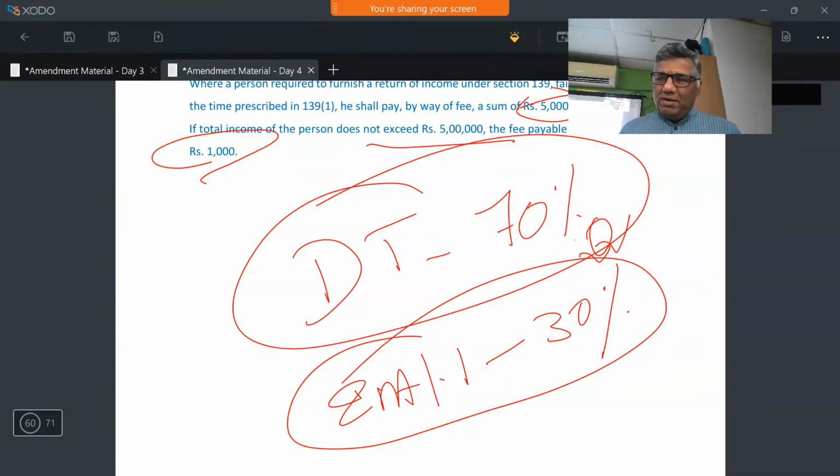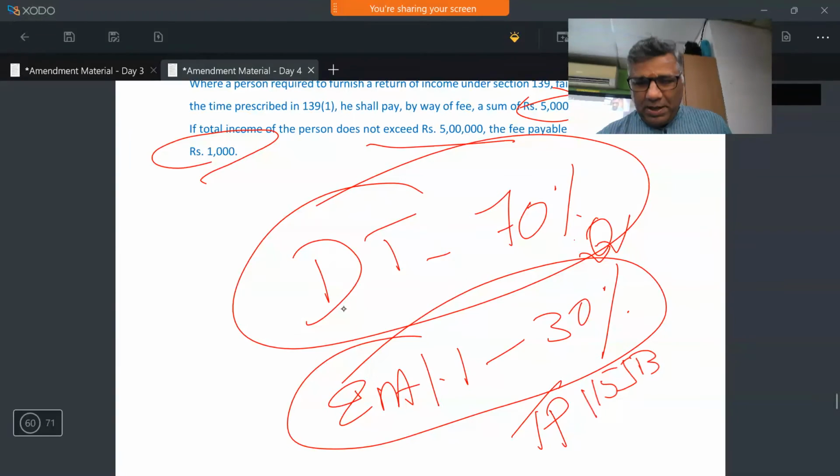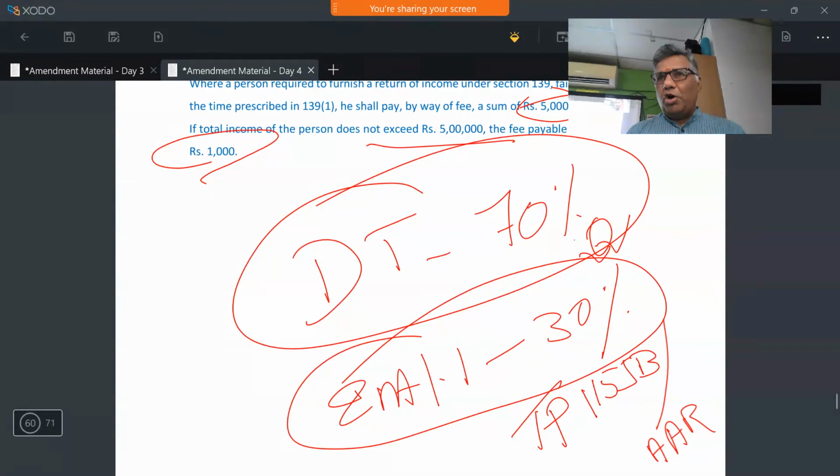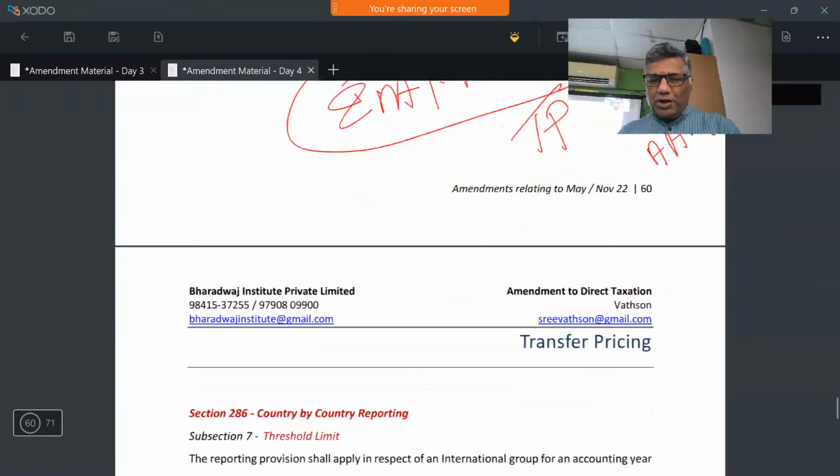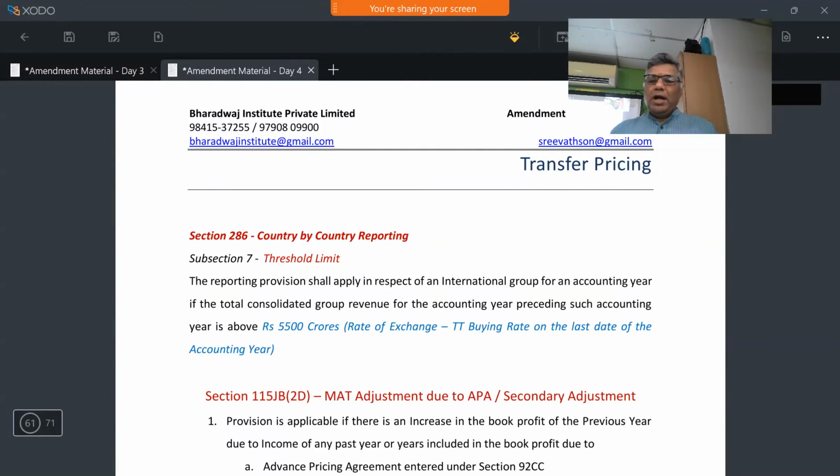In international taxation, there is one amendment in 115JBD, and one reconstitution of the Authority for Advance Rulings, which are going to be questionable areas. Otherwise, the amendments are in the tax rate of a few things, but these two are questionable areas. First, I am starting with transfer pricing. The threshold limit,